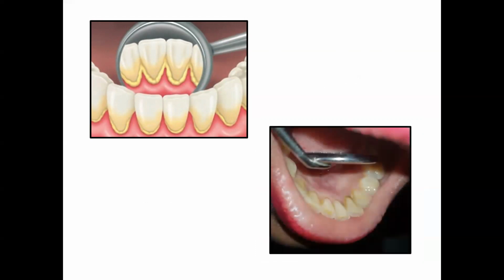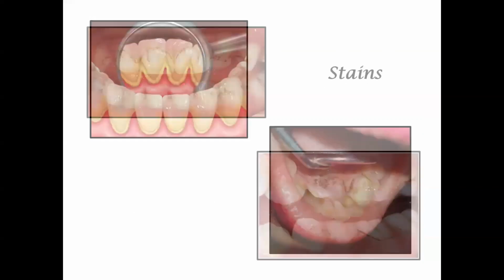Now, something that's important here is that even if you don't see deposits in the front teeth, they can be present at the back side of the front teeth, as you can see in this dental mirror in the picture. In this case, all you need to do is just crane your neck a little and look at the back side. It will be visible without a dental mirror as well.